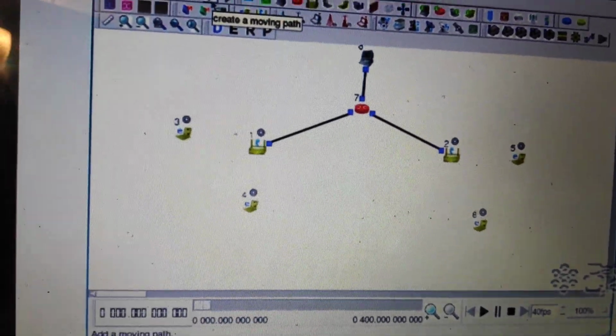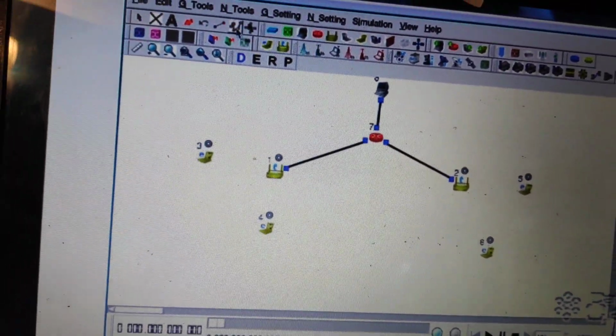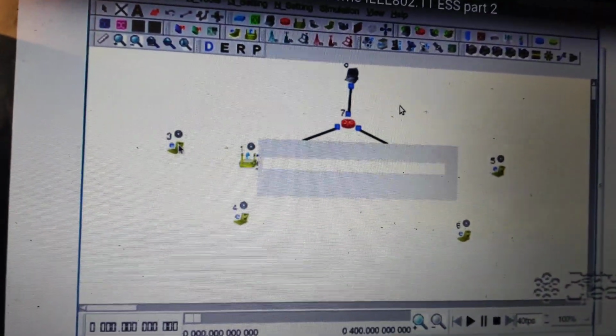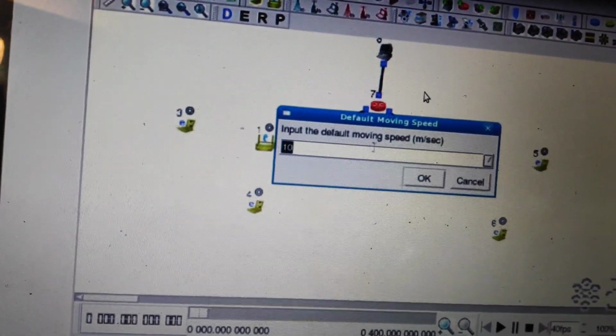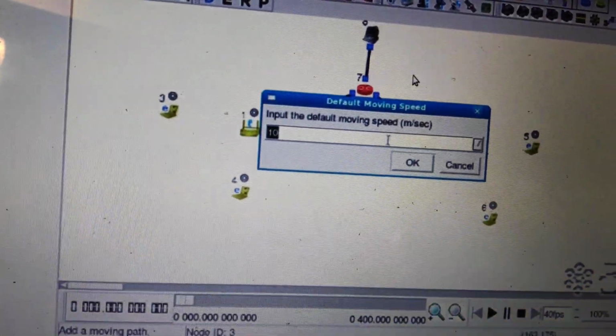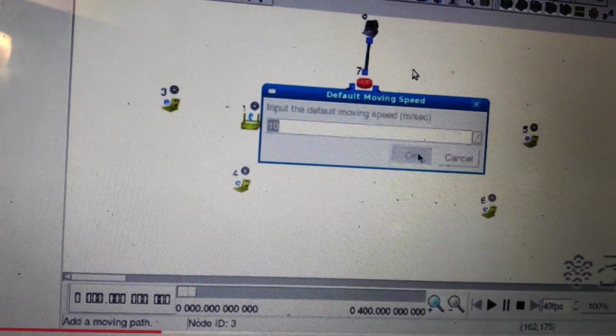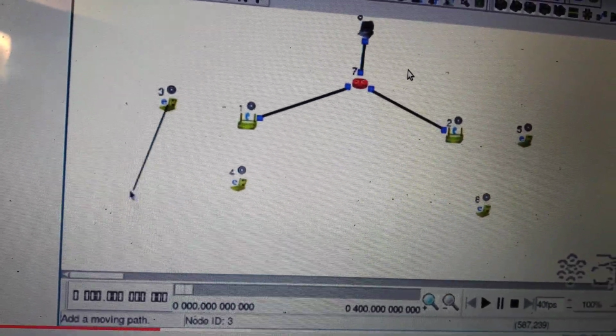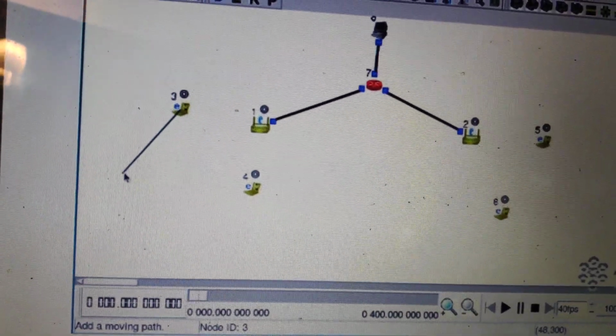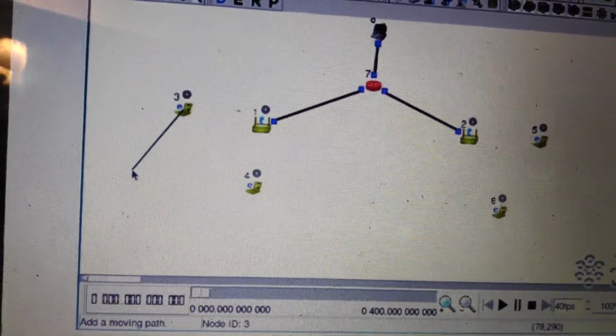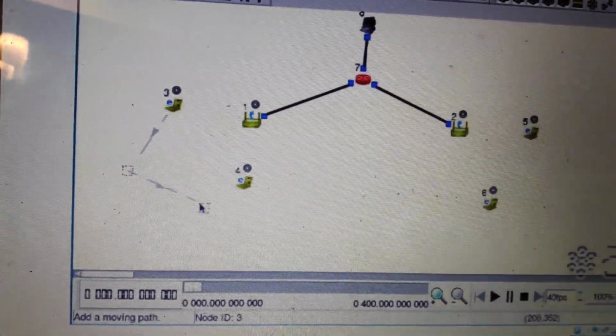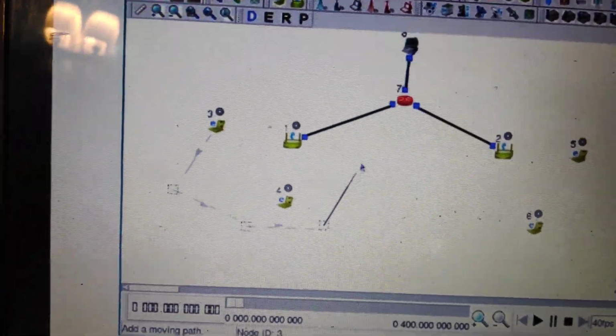Click on the mobile node which you would like to move, then click OK, and just keep on clicking to draw the path in such a way that it completes a round.